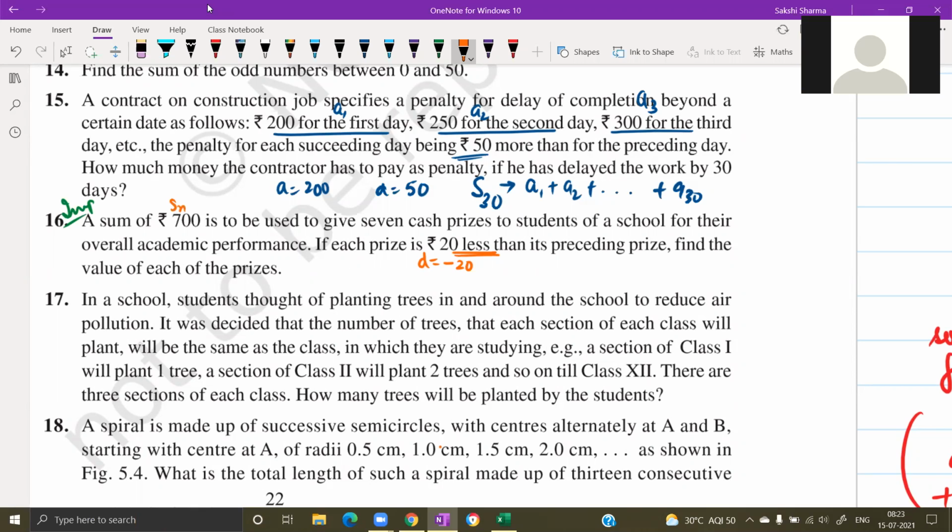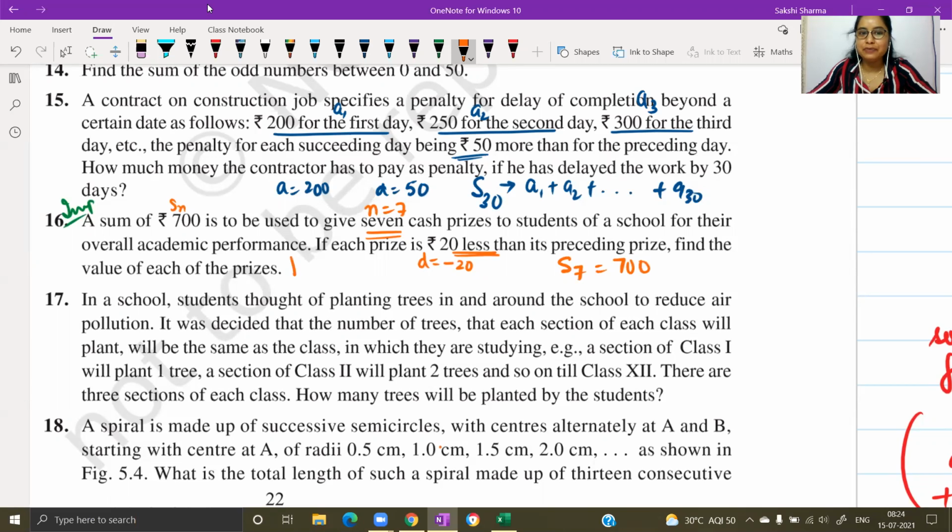Then we will find n. N is given, 7. Okay, 7. Fine. Then with the help of formula S7, we'll find out A. Let us say that the first prize is A. So we are doing this with the help of the formula we have for the sum of the first 7 terms